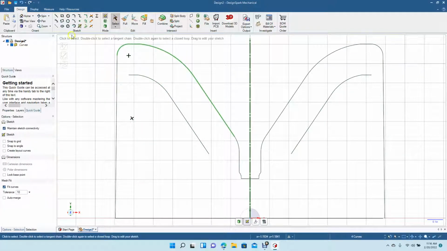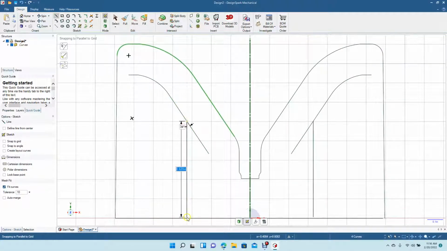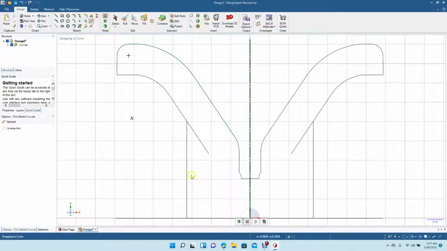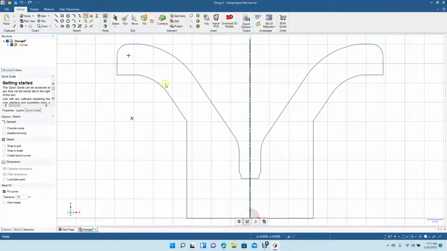Okay, now we're going to go ahead and get our align tool. And then we're going to come from, let's go about that point right there. We're going to come straight down. Okay, now we're going to get our line tool. We're going to come straight over from there. Okay, now we're going to get our trim away and trim away these. Okay, now we're going to get our create rounded corner, 0.230,